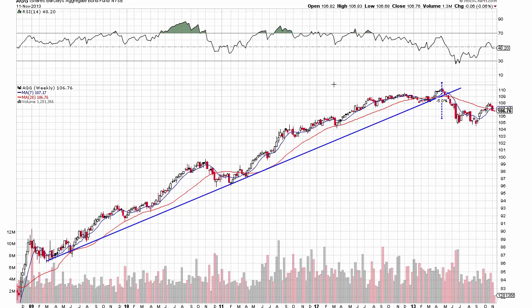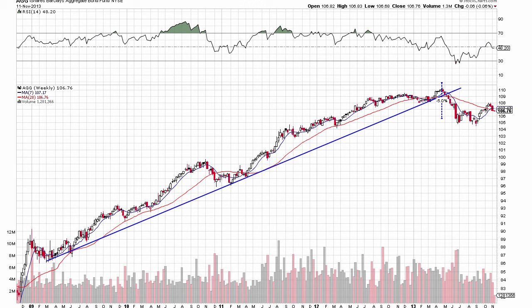So this particular chart we're looking at is the aggregate bond index as measured by one of the largest bond ETFs, the iShares Barclays Aggregate Bond ETF, symbol AGG. This is a weekly chart, so it's looking at the last 5 years. And the reason this is, I think, very important, is that